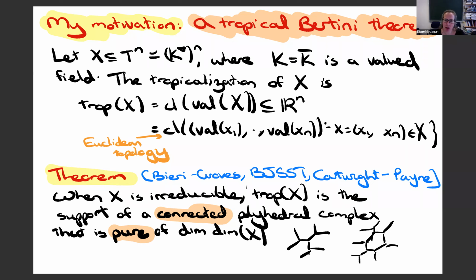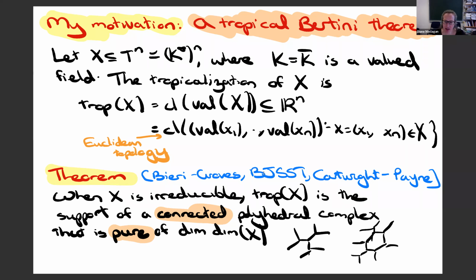That they were working in geometric group theory. This is about 20 years before tropical geometry in this form even existed. Definitely more than 20 years before the name tropical geometry existed. So in the modern era,